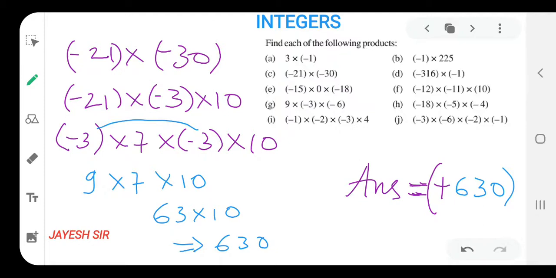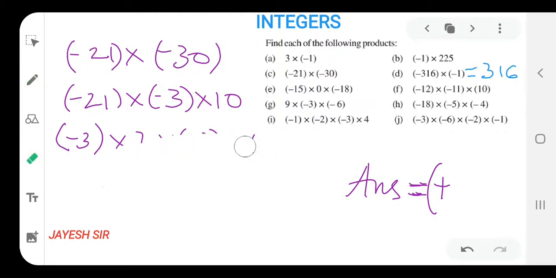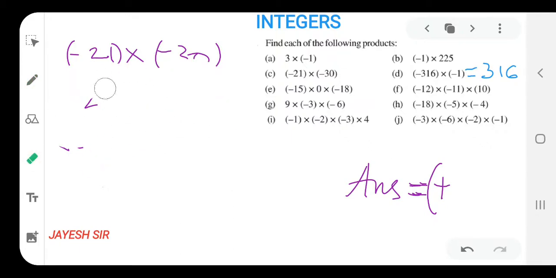That's very easy. So let's begin with our fourth sum. What is minus 316 into minus 1? Directly we can say minus minus plus, and multiplying with 1 gives us the same result. So our answer is 316. That is very easy, friends. I hope you all might be getting it. So let's begin with our fifth sum. What is the fifth sum? Minus 15 into 0. That means 0, and 0 multiplied by anything gives 0 only. No need to solve this also. So our answer would be 0 only, friends. Without any effort, we can directly say that our answer is 0.